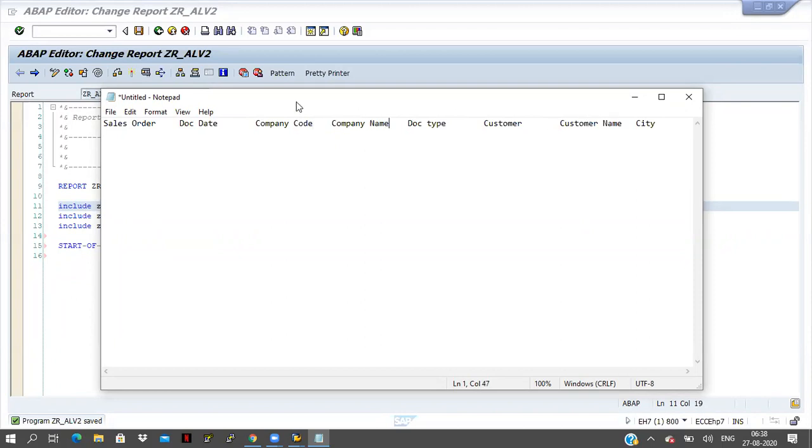So in the first screen I want to display this much data.